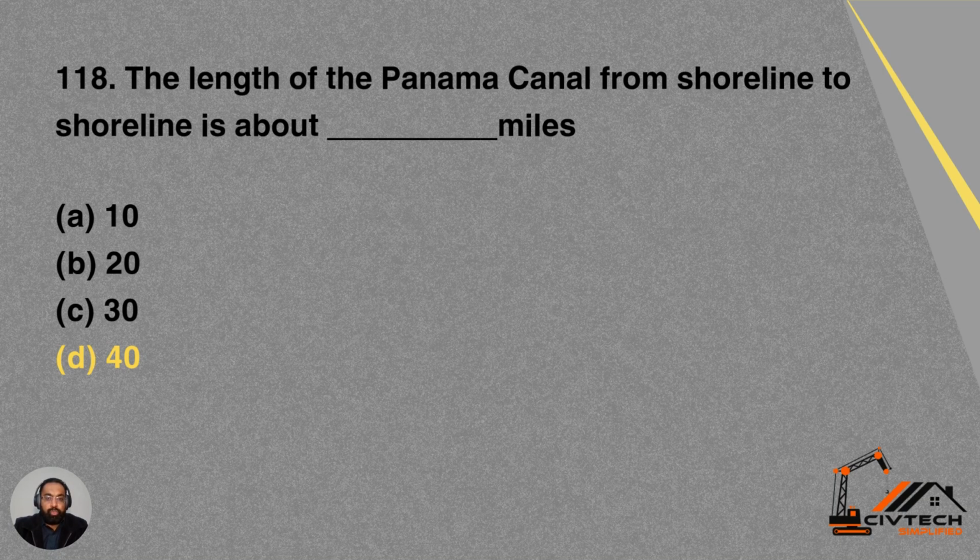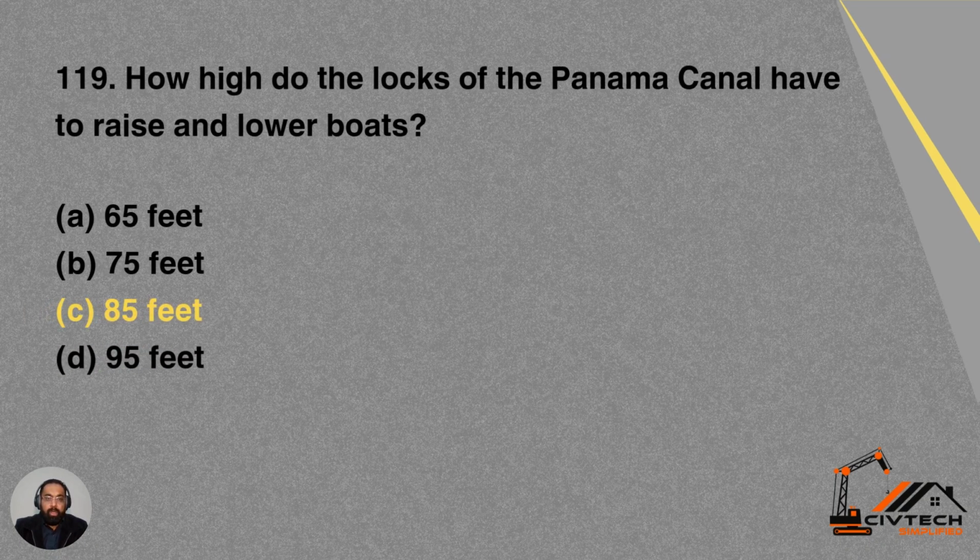118. The length of the Panama Canal from shoreline to shoreline is about dash mile. From the shoreline of the Pacific Ocean to the shoreline of the Atlantic Ocean, the length of the Panama Canal is 40 miles. Option A is 10 miles, option B is 20 miles, option C is 30 miles, and option D is 40 miles. So its length is 40 miles. D is the correct